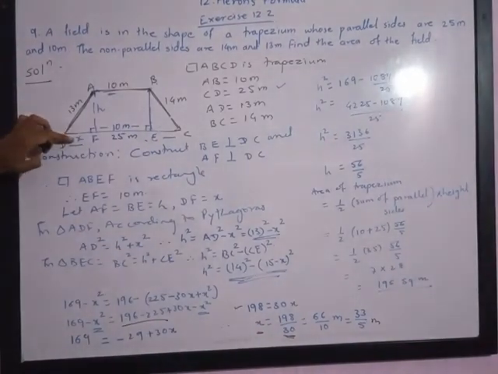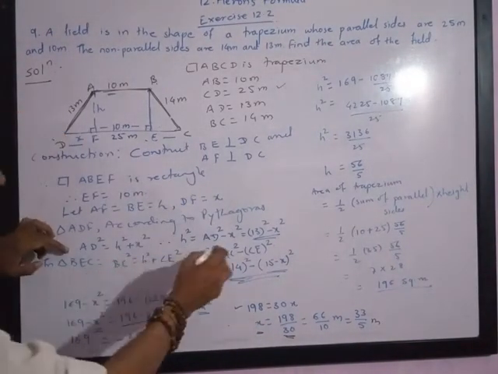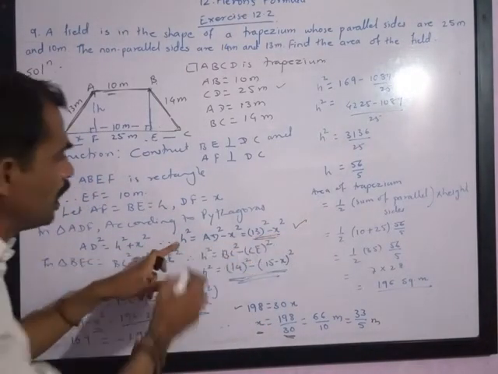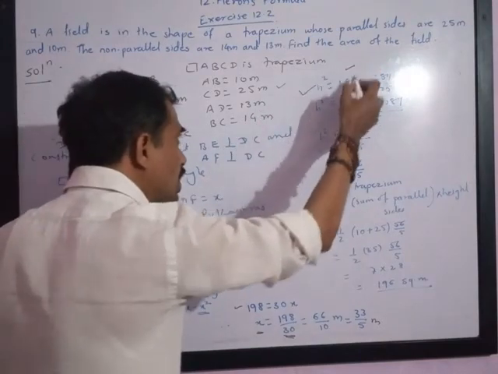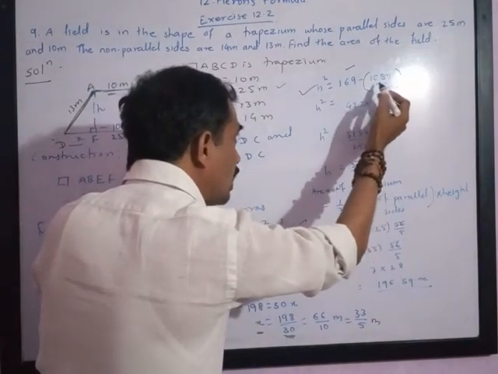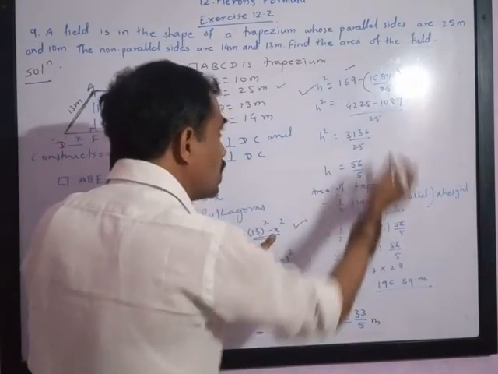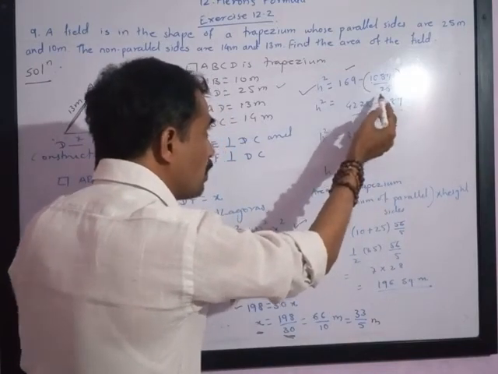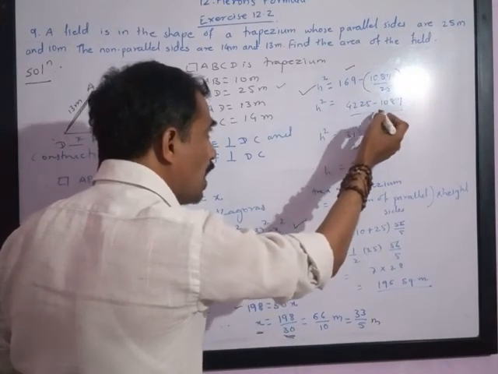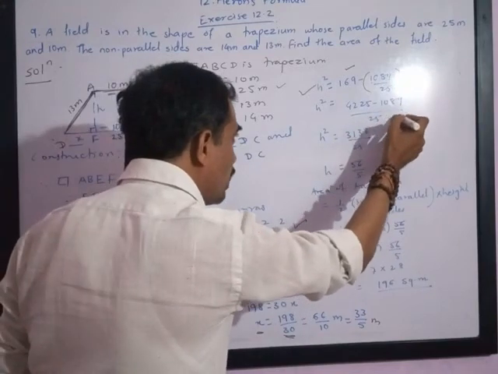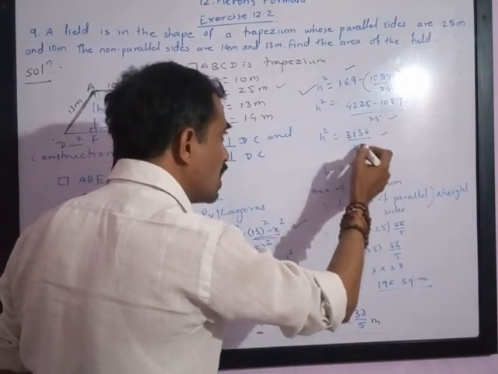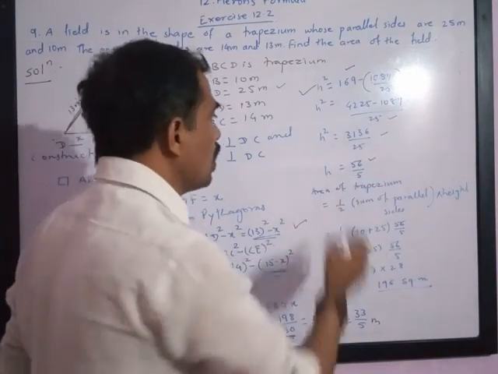Now we have got the value of x, we have to put it in this. H square is equal to 13 square minus x square. So you will get h square is equal to 13 square, 169, minus (33 upon 5) square. 33 square is 1089, 5 square is 25. Then in order to do the subtraction, we will have to make the denominator same. So if you multiply 169 by 25, you will get 4225 minus 1089 upon common denominator 25. This is equal to 3136 upon 25. This is a perfect square of 56 and 25 is a perfect square of 5. So we have got the value of h.